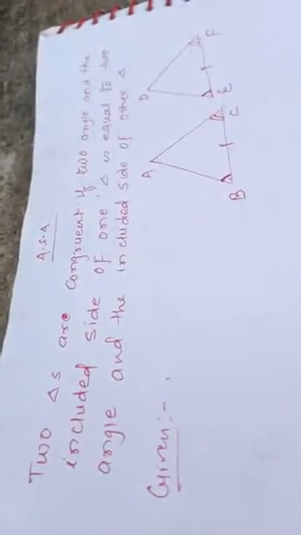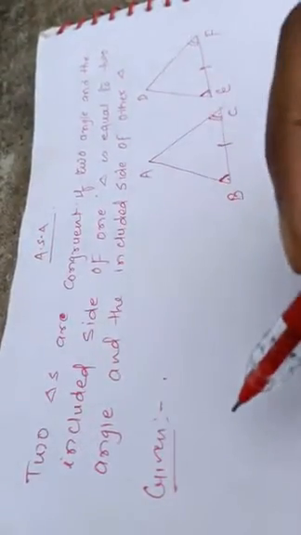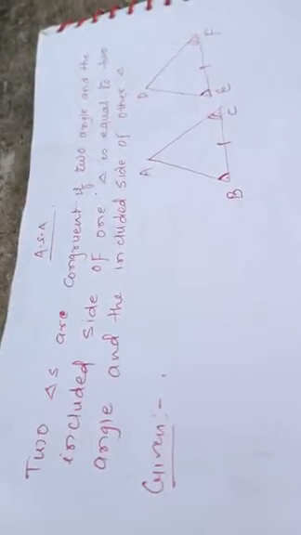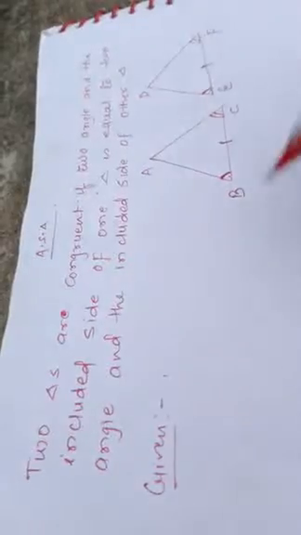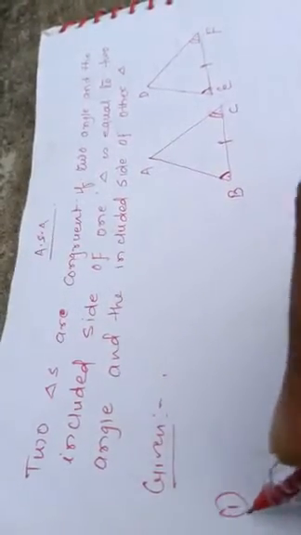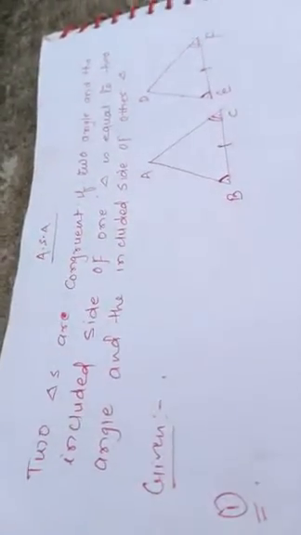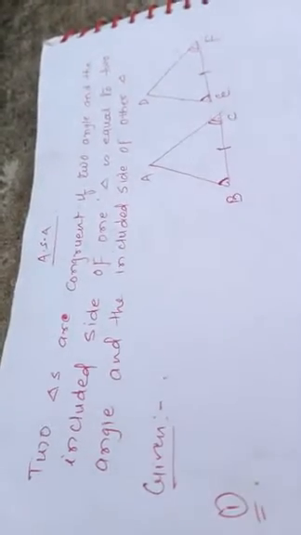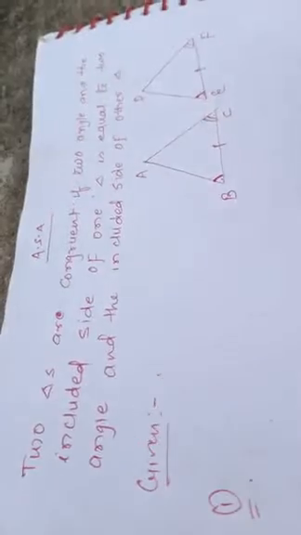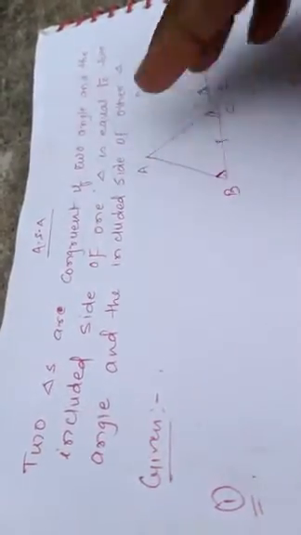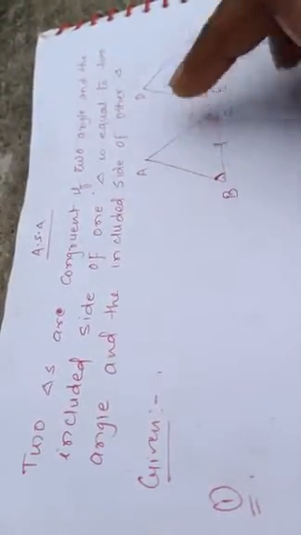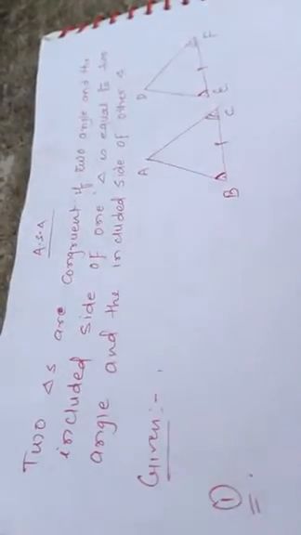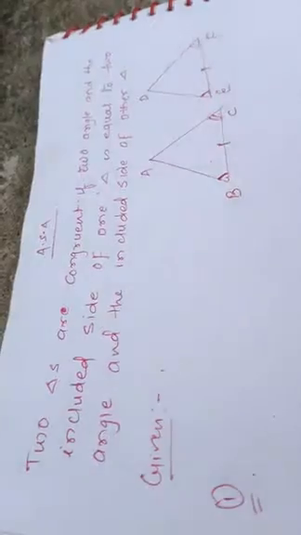In the proof, students, we will write: to prove triangle ABC congruent to triangle DEF. Then we will write the construction. So here, students, for the construction, for proving this theorem, we will get three cases. Means we will compare one of the sides of triangle ABC to one of the sides of triangle DEF, apart from the matter that is given to us.